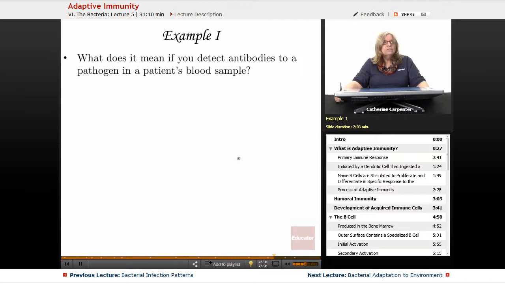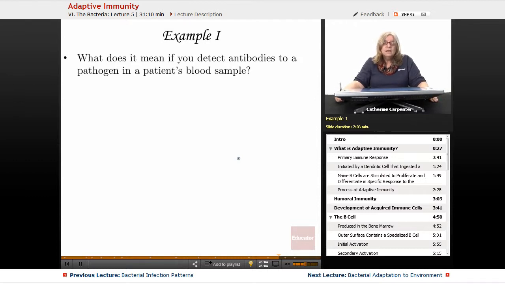So as I've talked already about with the HIV test, that's basically what we're testing for, we're testing for antibodies to HIV. And if we see that there are antibodies to HIV, we know that the person has been exposed. Now, clearly, we don't yet have a vaccine for HIV, but we have vaccines for quite a lot of other infectious diseases. And potentially having antibodies can tell us if the person has been exposed to the pathogen